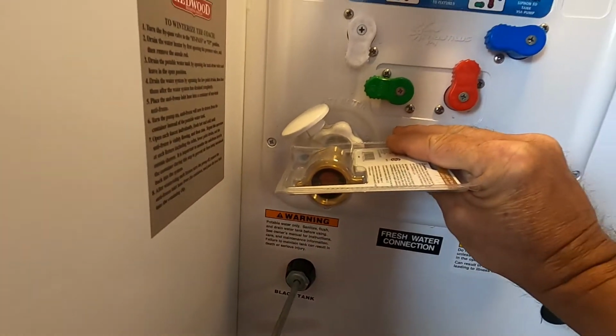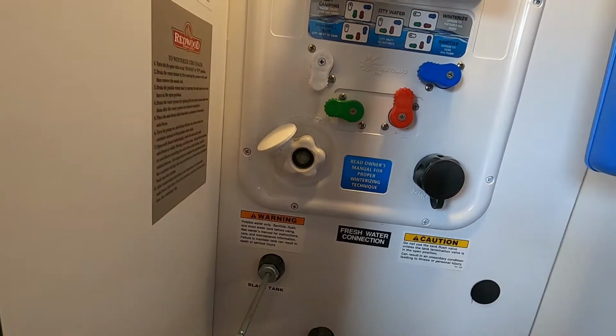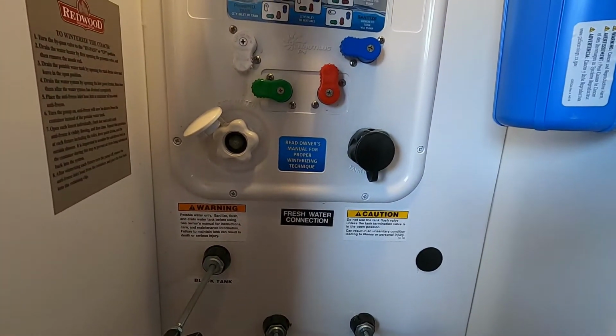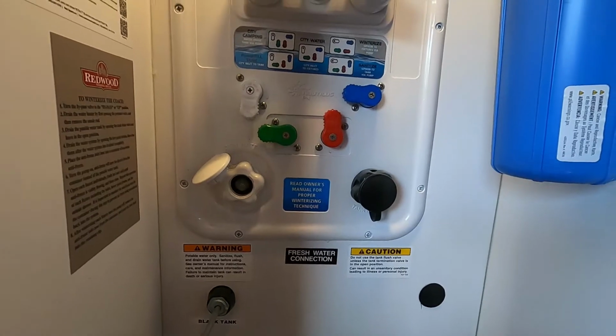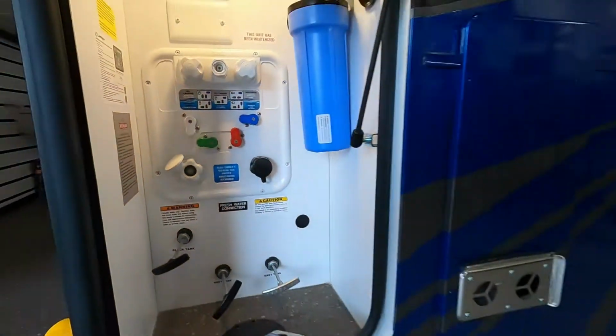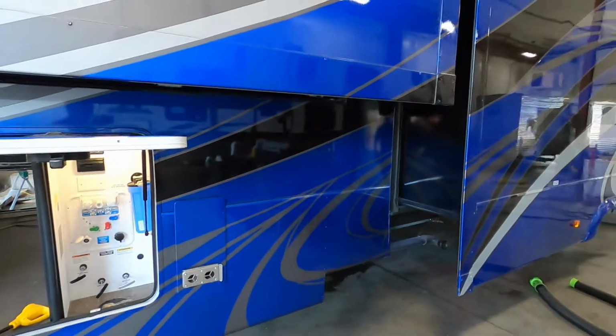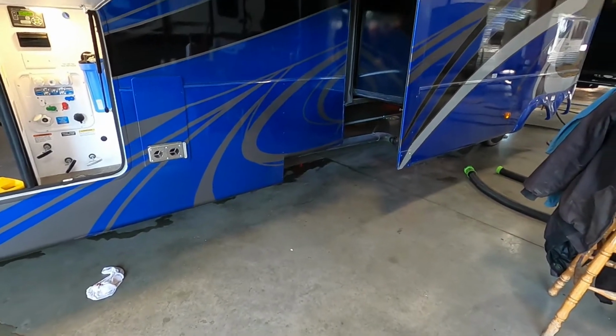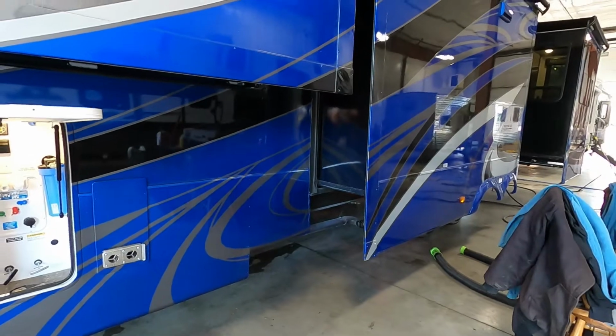Hook that up. Hook up your hose. Make sure everything's set. Then go ahead and turn that hose on. Now after that hose has been on for a little while, go inside and open up your slides. Our unit's level and stable. We can go ahead and get in there and open all them up, because I need you to get inside